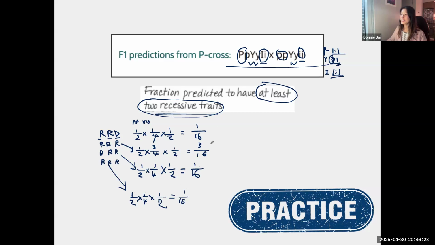Now we've got to add them all together. So we do plus this, plus this. So what is the answer? All these different scenarios will give you at least 2 traits, even though we are only looking at one child, one offspring. But we're looking at what are the chances of having at least 2 recessive traits, right? So it could be this possibility or that, or that, or that, which is why we're using